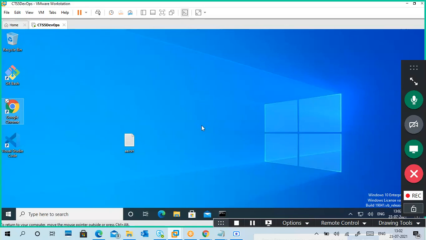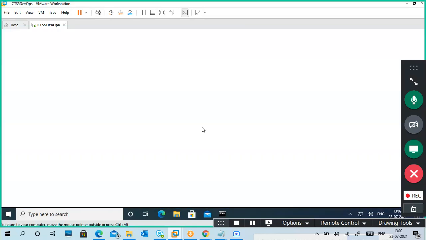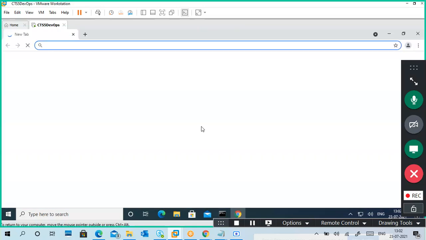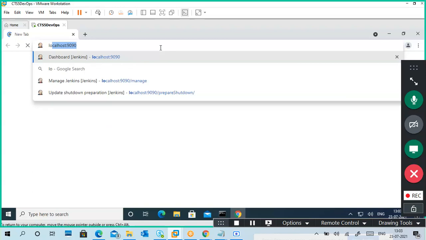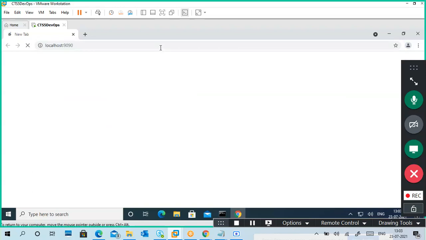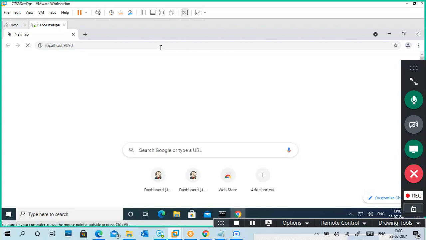Recording should be stopped, and I will show you a small project in Jenkins. So, browser. Localhost 1990. Open. This morning we spent two, three hours only on this one. It should run faster.